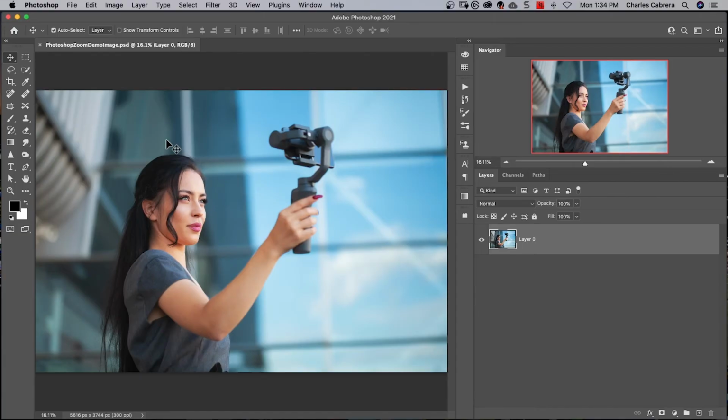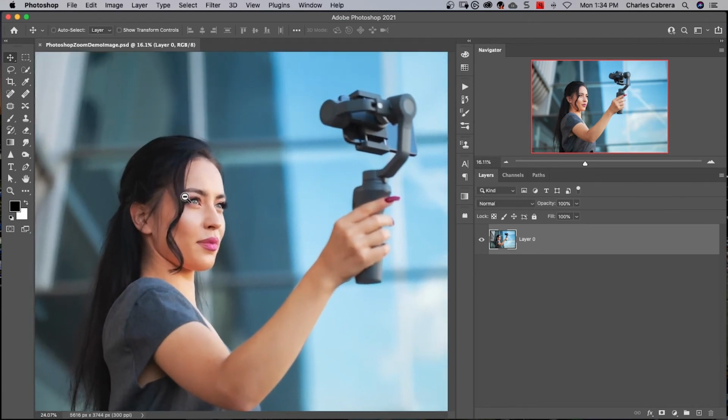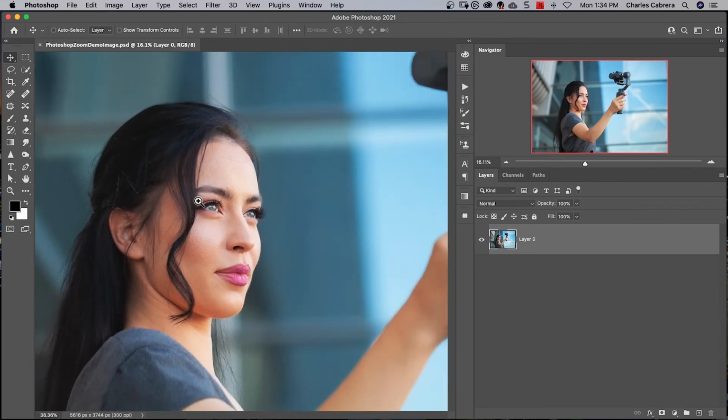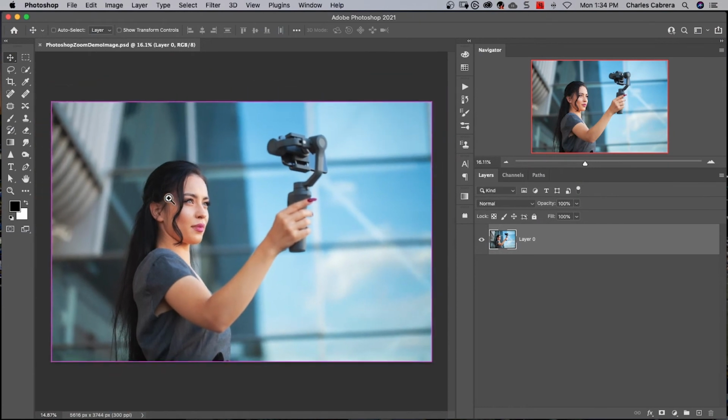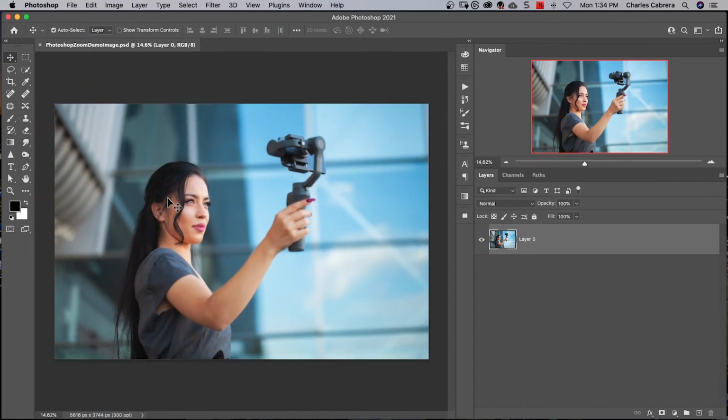So before I showed you how to use the scrubby zoom if you were actually in the zoom tool. Well, you can use scrubby zoom if you're in any tool. So if I hold down the space bar and hit Command and drag, you can see that I am zooming in and out, and I started with the move tool. So I could be in any other tool, hit space bar, hold down the Command key and drag left or right. For Windows, it's hold down the space bar, hit the Control key and drag left or right. So that's using the scrubby zoom when you're in any tool.